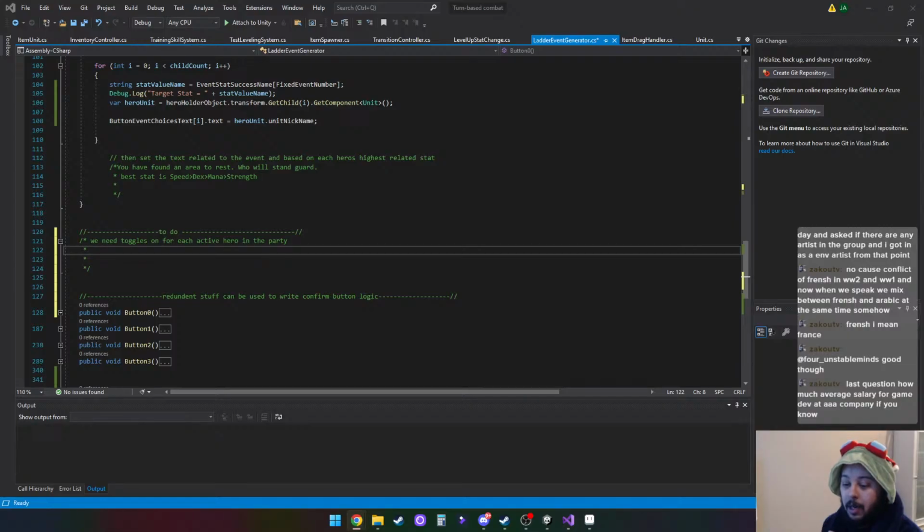Last question: how much is the average salary for a game dev at AAA? That question's very broad. Average salary for a AAA developer, I roughly know for Canada. In Canada, there's probably no minimum wage AAA game job. Even a QA will still make like 50 grand a year, but someone like a programmer,